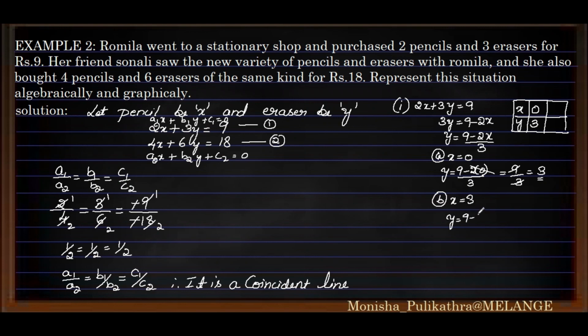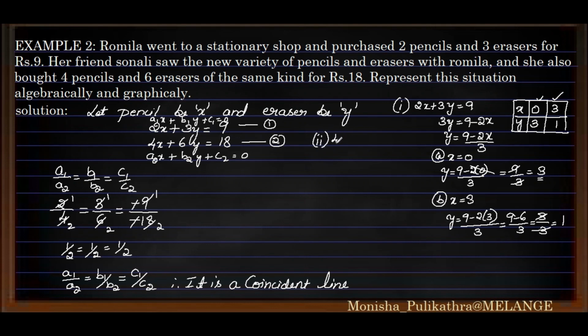So when you substitute x is equal to 3, we have to substitute in the place of x here. So it will become (9 minus 6) divided by 3, that is 3 divided by 3, which is 1. So when x is 3, y is equal to 1. So this is the point. For plotting a graph, at least 2 points are required. 2 points is enough for that. Next, moving on to the second equation. I will write it here itself.